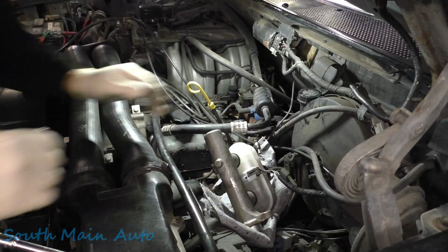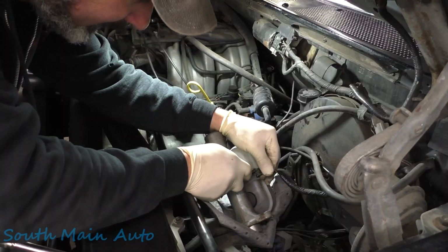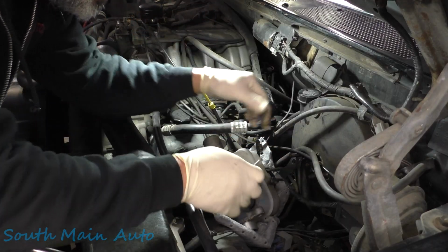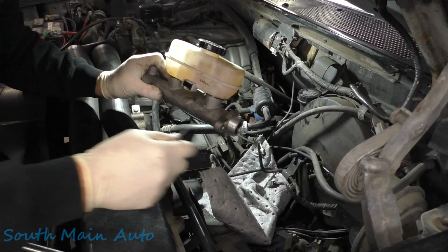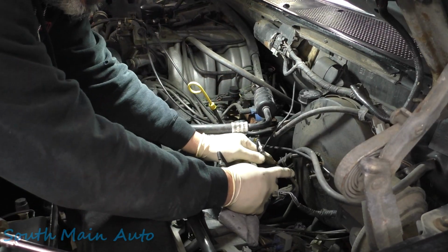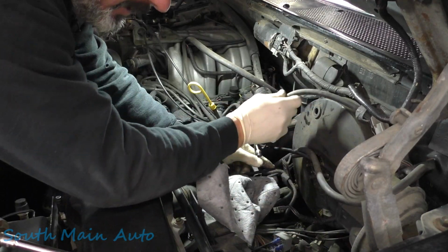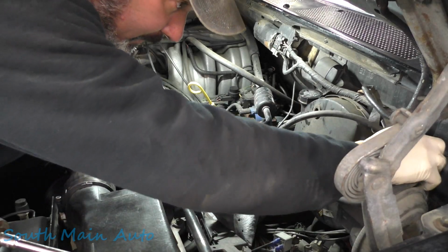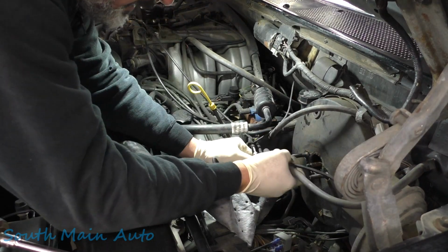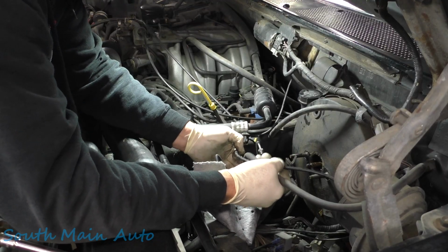Let's get that connector unhooked. Get underneath it. There's that. Stick that baby to the side. So there's the bracket that I was telling you about that holds the brake lines on. You guys will see it if you're doing this yourself, if you're a DIY-er. Let's see, are we gonna have enough room? Yeah,